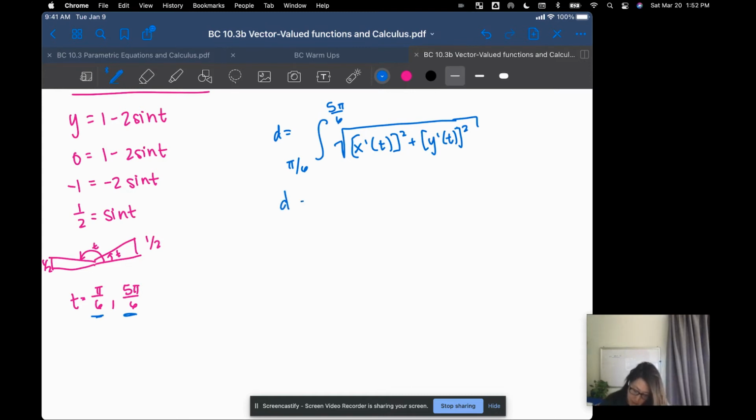So the distance is equal to the integral from pi over 6 to 5 pi over 6 of the square root of